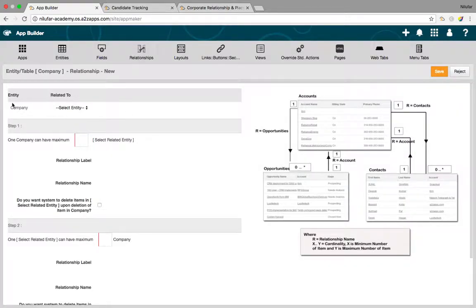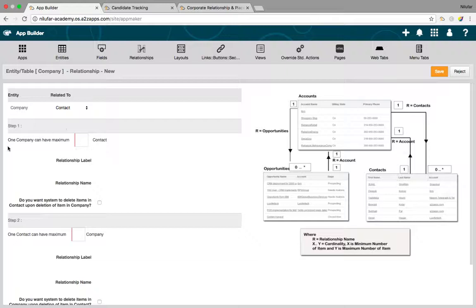Over here, this is the company entity, and I need to mention which entity it is related to. So here I need to link it with contact. One company can have many contacts, so to define many, I need to mention this, and I'm going to label this relationship as contacts, meaning one company can have many contacts.